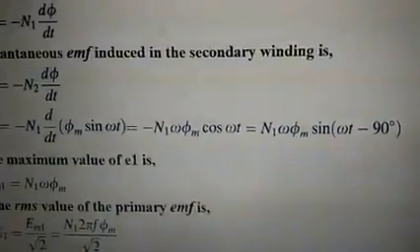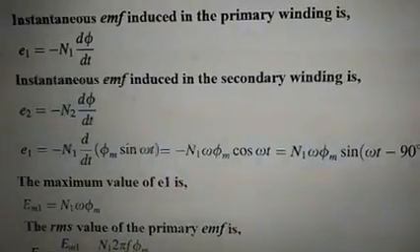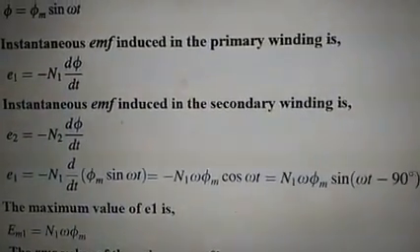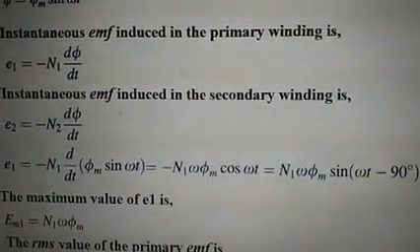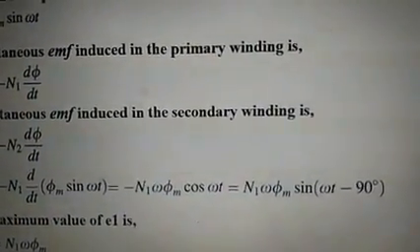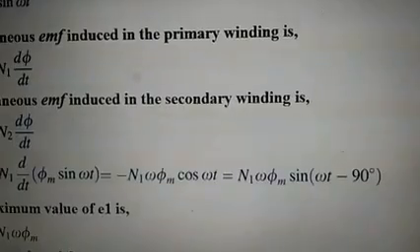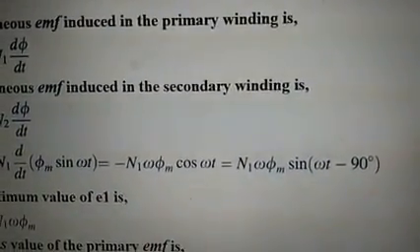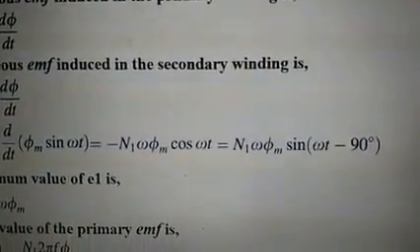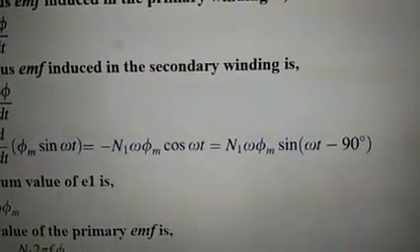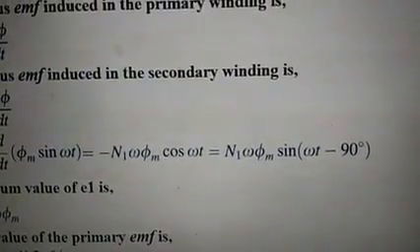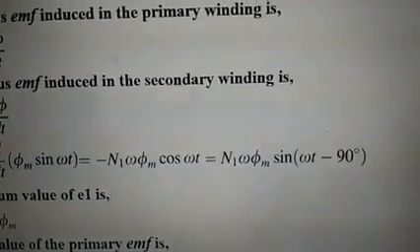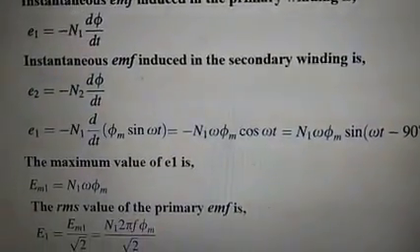However, in both cases you are getting E1. For finding E max, the maximum value of E1, we have to put cos omega t is equal to 1, because we know that the maximum value of cos theta or sin theta is 1. So E max 1 is minus N1 omega phi m,